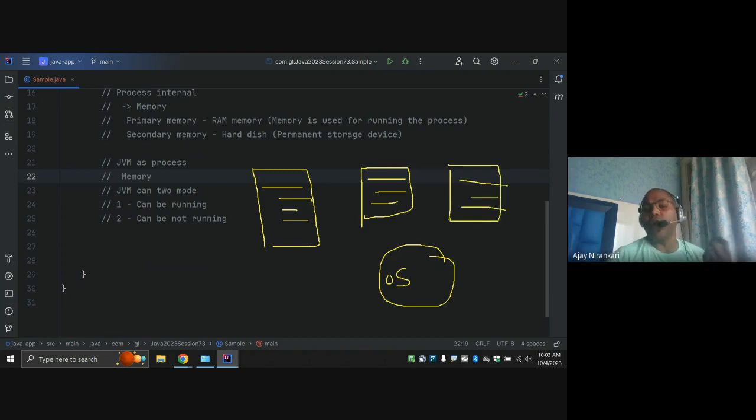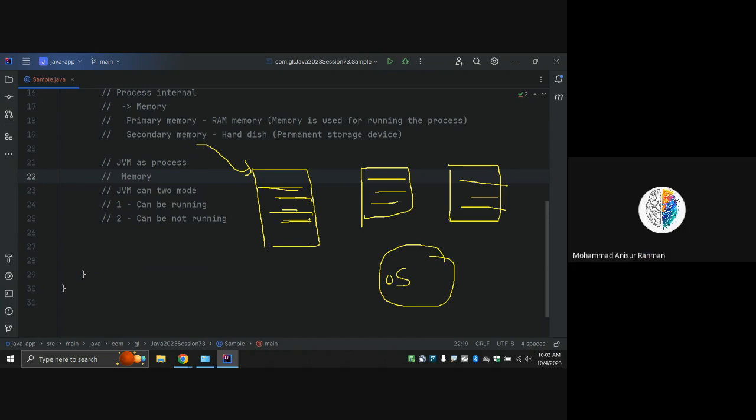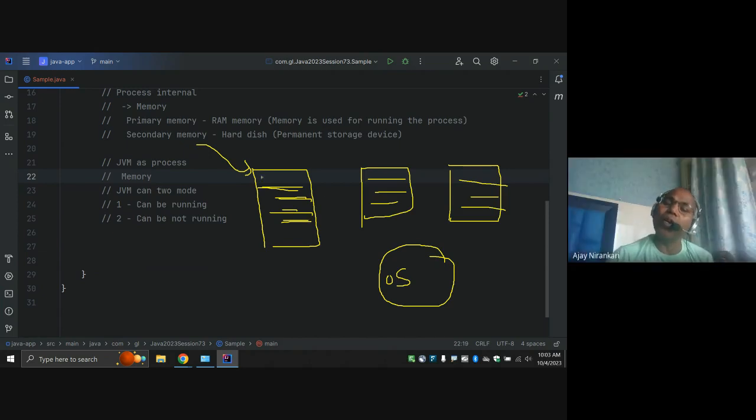What is software? All software is a method. All applications are methods. A method means a sequence of instructions you have written to perform some specific job. So Java says, I have written multiple methods, multiple logics: logic one, logic two, logic three.